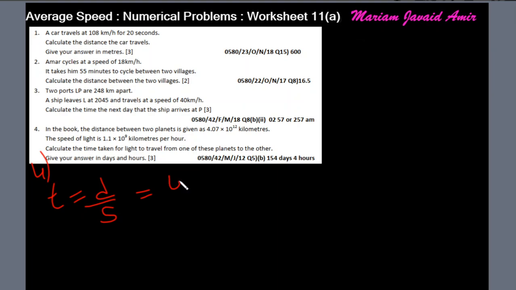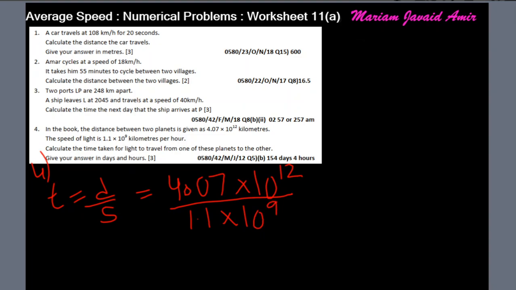The distance is 4.07 times 10 power 12 kilometers over the speed of 1.1 times 10 power 9 kilometers per hour. So we'll get the answer in hours by dividing these two: 4.07 times 10 power 12 divided by 1.1 times 10 power 9, which gives us